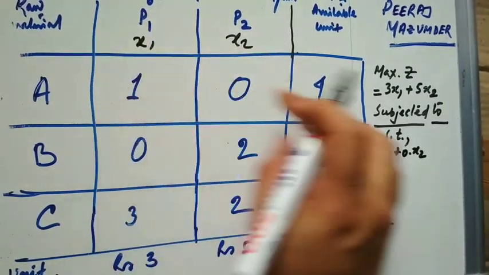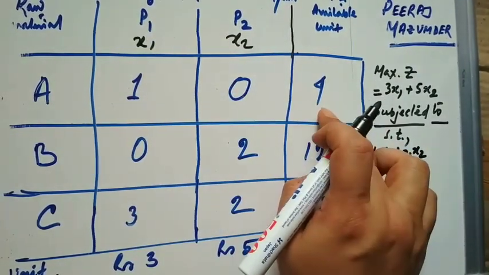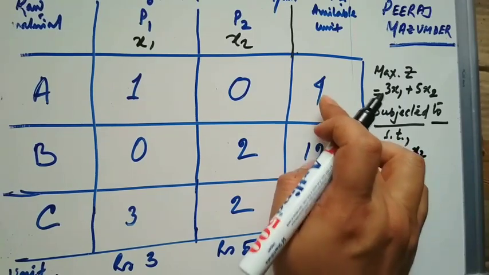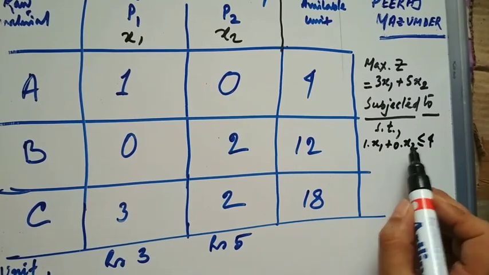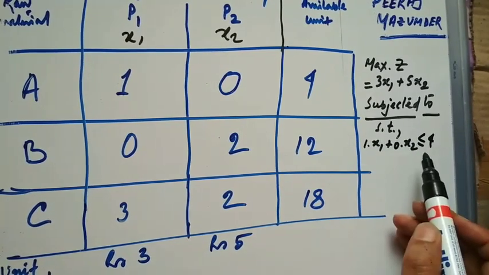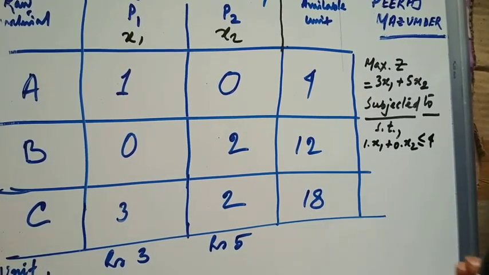These two combined should be 4 only. That should not exceed 4. Okay. So I can write it like that: less than equal to 4. It should not exceed 4. It can either be 4 or less than 4. Now it is understood. Okay.